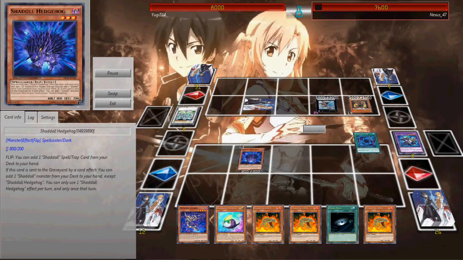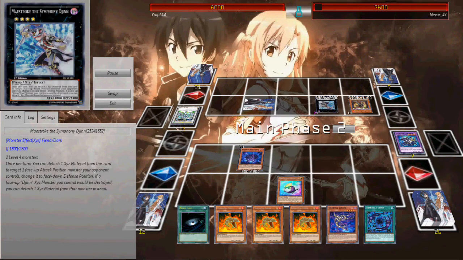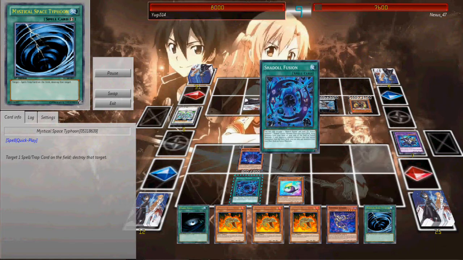It's not really just to destroy the monster, so I don't take the 2500 to the face. I don't want to do that. Get the Rainbow Karibo, and it hits the Djinn, so it can't attack with the Djinn. My turn, I draw, I have MST, I'm going to Shaddoll Fusion and go for the...